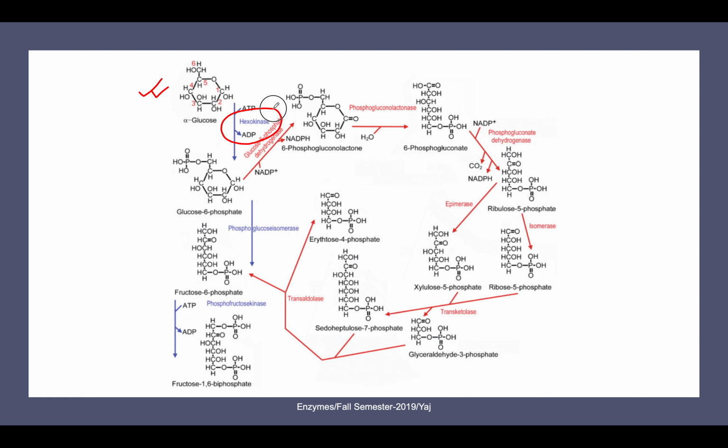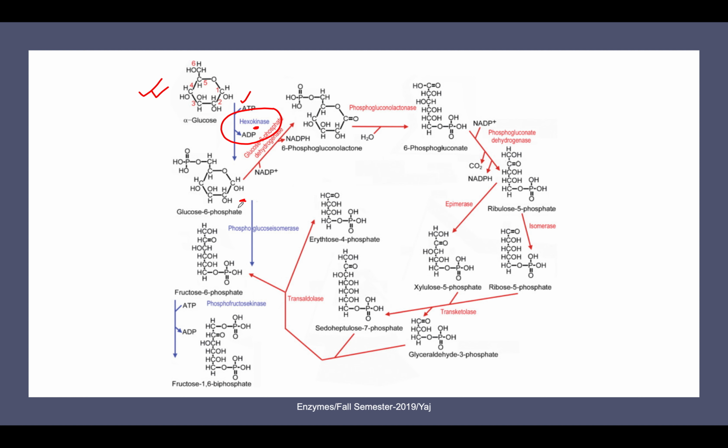I told you when we were studying glycolysis, in order to trap glucose inside the cell, we need to phosphorylate it. So the starting point is always glucose, which will be converted by hexokinase to glucose 6-phosphate, and this particular conversion requires ATP. And once glucose 6-phosphate is formed, it then goes into